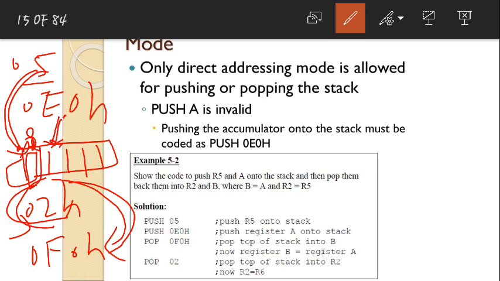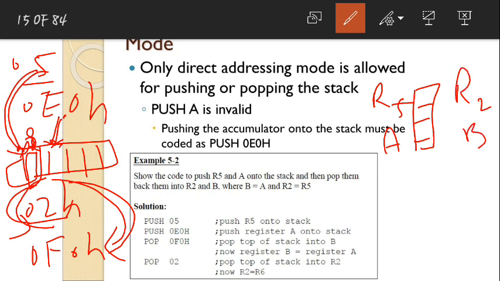Is that fine? So indirectly, if I write in the form of names, there is R5 and A. There is a stack, and the R5 value I am trying to move into R2 and the A value into B. See, this is what is happening. First R5 I will store on the stack, then A I will store on the stack, then from here I will try to retrieve. So first I store R5 and then A, then again pop them to R2. A will be moved to R2 first, because the pointer is pointing towards A.